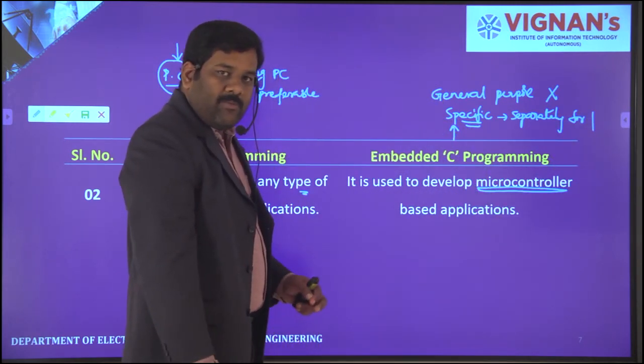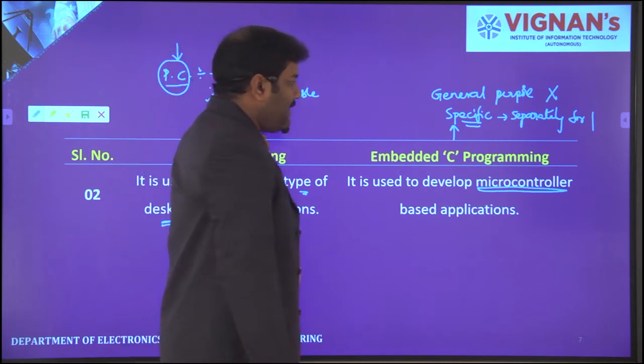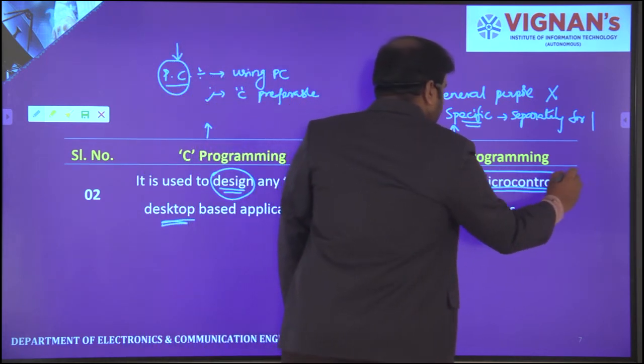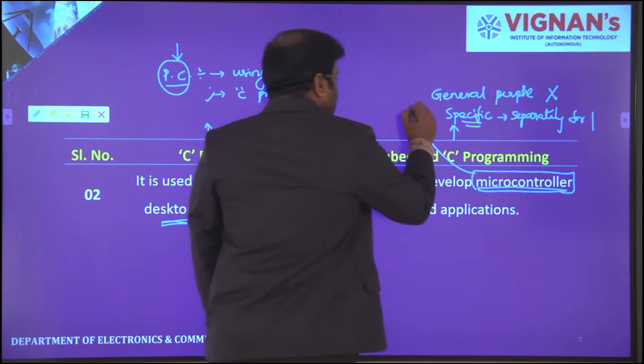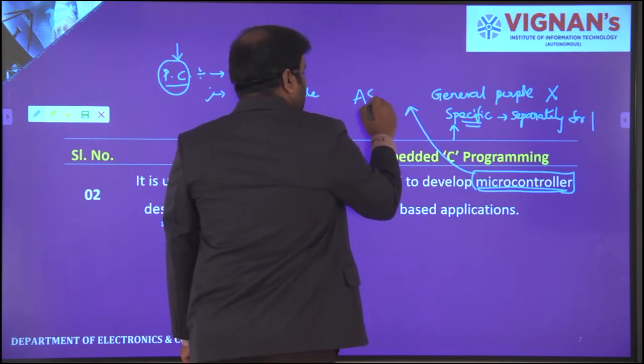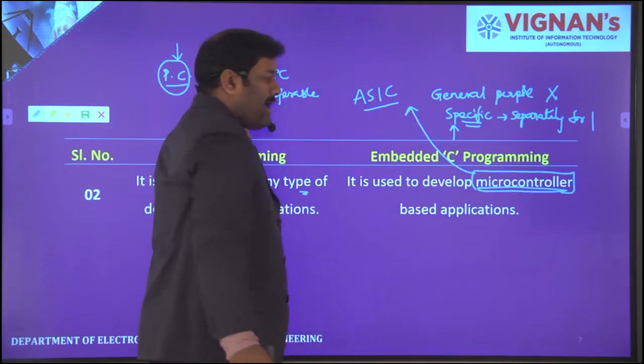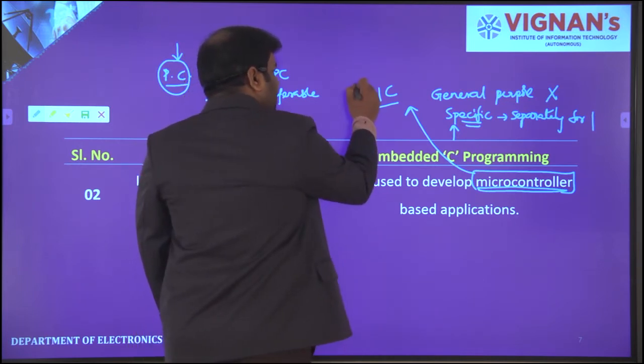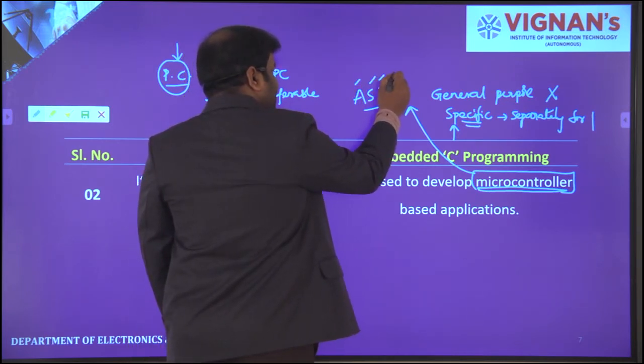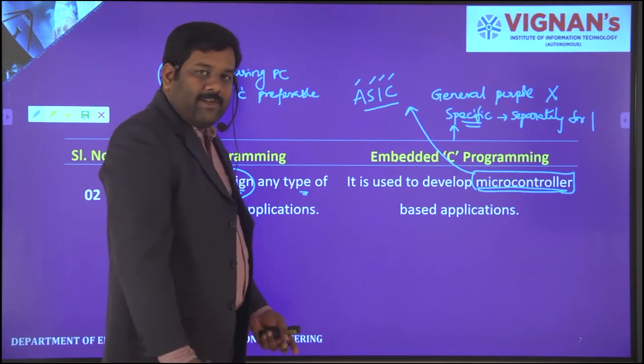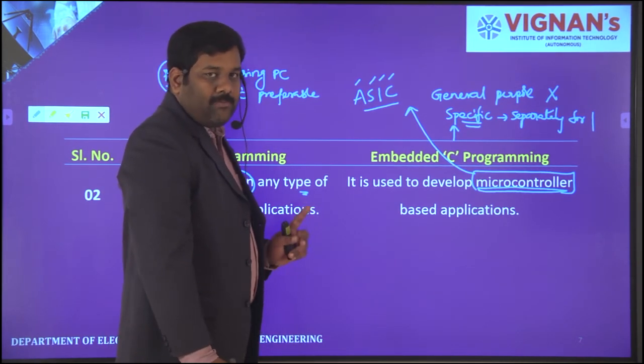Whenever you need to implement any advanced application, you need to take the support of a microcontroller, because these microcontrollers are mostly used to implement ASICs. ASIC is nothing but application specific integrated circuit, which is implemented for one particular purpose.